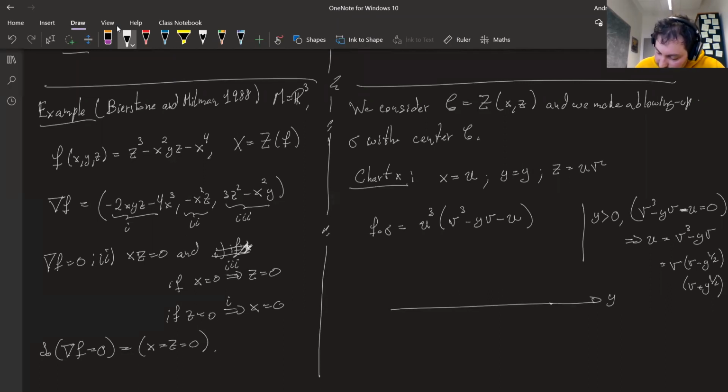So if we take a positive Y, I'm going to make here a little plane which corresponds to fixing Y equals 0. There is going to be the U equals 0 given here, and then the rest is a polynomial with 3 solutions. So it's going to be a polynomial like this. On the other hand, if we take a Y which is negative,